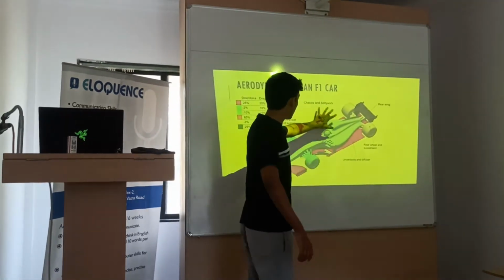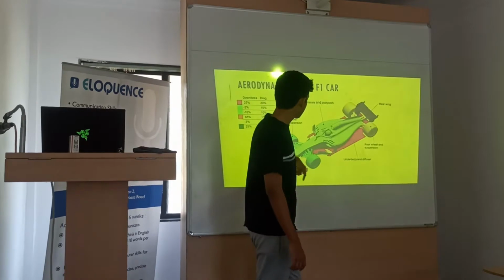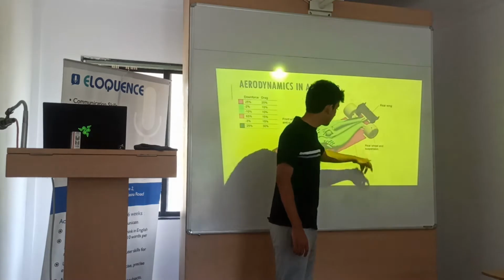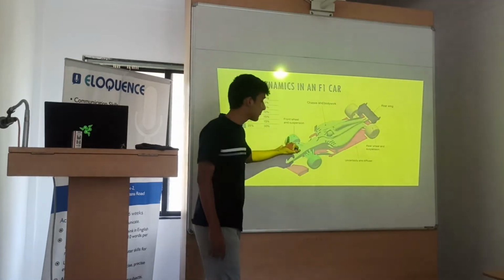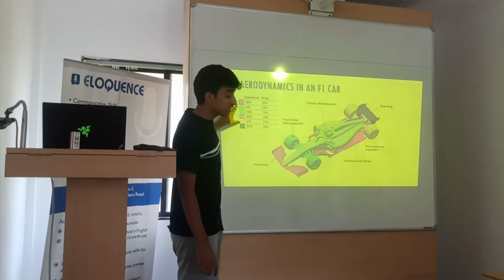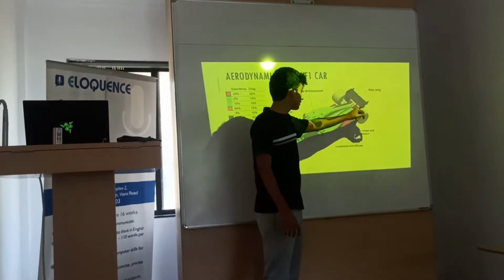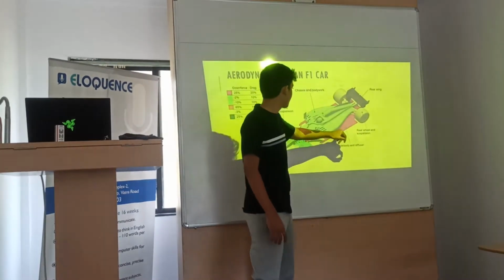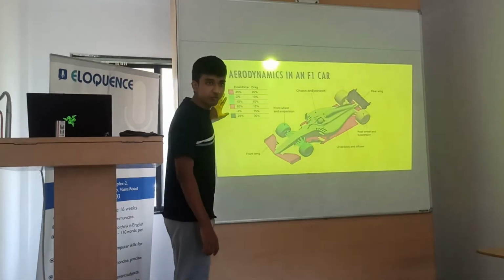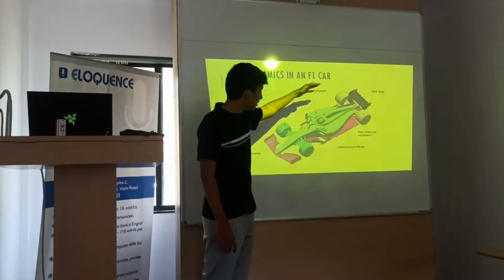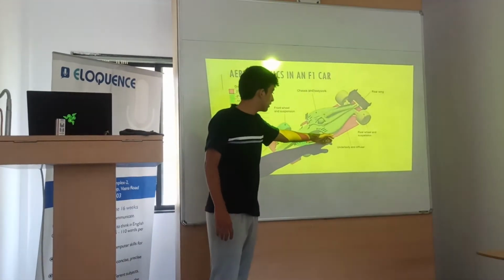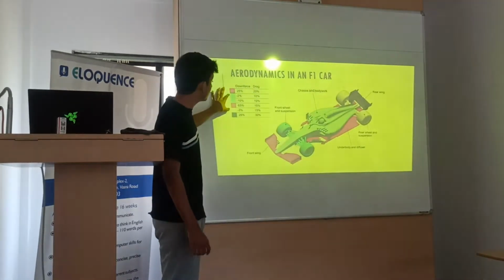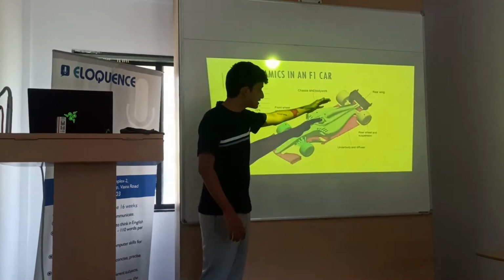So now, as you can see, these are the parts of this car. We have a front wing, a rear wing, the chassis or bodywork, the underbody or the diffuser, and then the rear suspension and the front suspension. Now the main downforce is created by the front wing, the rear wing, and the underbody, or also by ground effect, which I'll explain in a while. The majority of this downforce is created by the front, the rear, and the underbody of the car. The main chassis or the bodywork actually hinders the downforce and reduces it, the rear and front suspension as well.